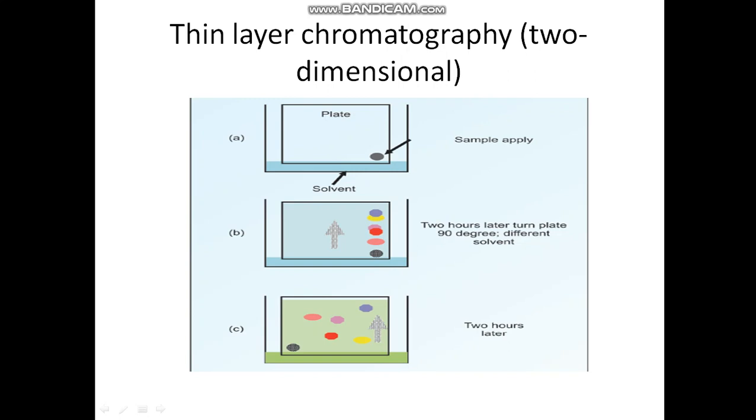Thin layer, the next is thin layer chromatography. It is also